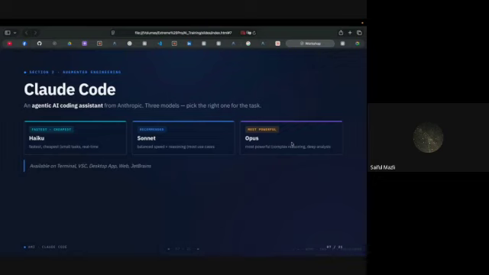So if you want, you can think of Opus as your architect, Sonnet as your junior developer, Haiku's your intern. So you give Haiku all the easy stuff. You do most things with Sonnet. When you actually need to spend a lot more time, use Opus. But the one thing Opus has, you'll see later, is it has a lot more capability than these two.